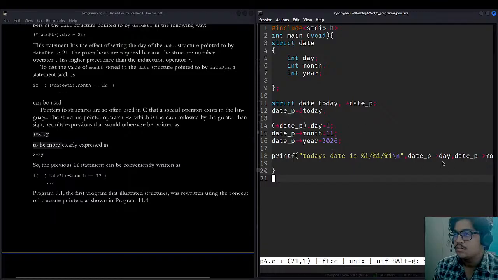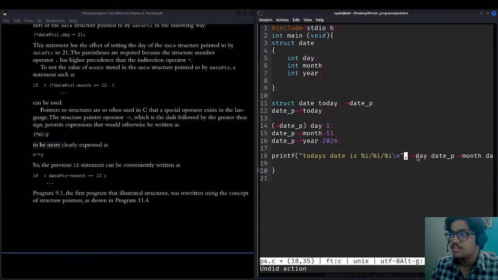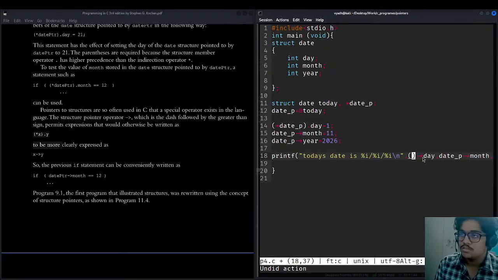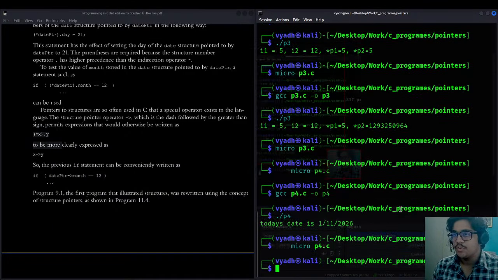Yes, it is. So let's change it here only. If one is working, everyone will be working. Control Z. Okay, so parenthesis, then asterisk, date p the variable, and later the dot. Control S. Okay, no error. I think it will be working.